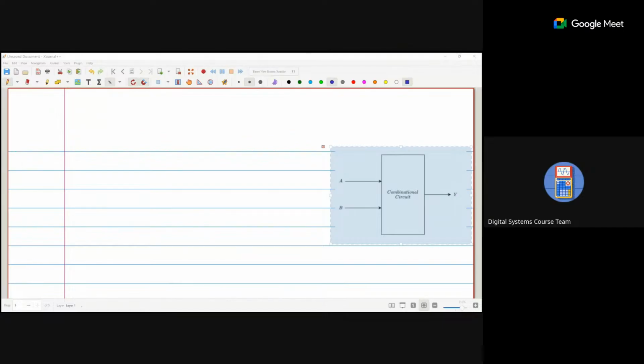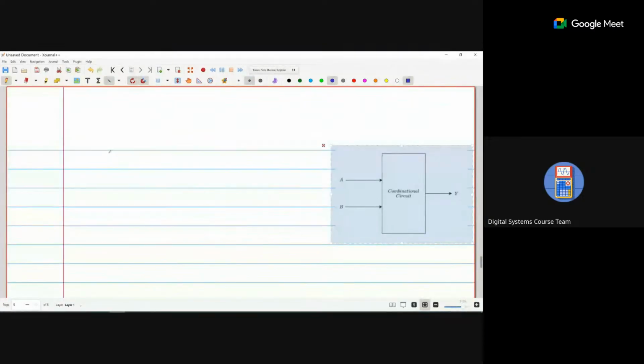Okay, so in question number 16, it is mentioned that two inputs are available, A and B, and the output is Y. It is high when A is greater than B. So if two inputs are available, A and B,